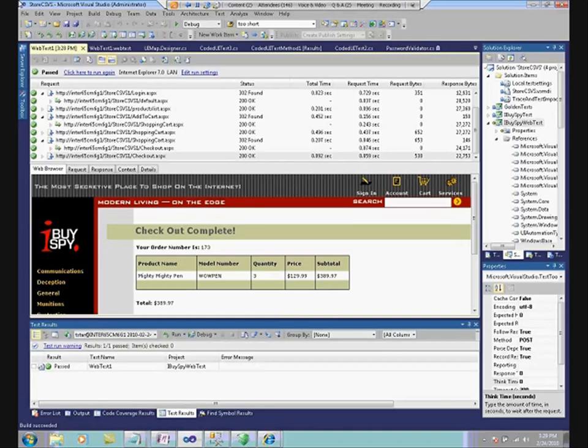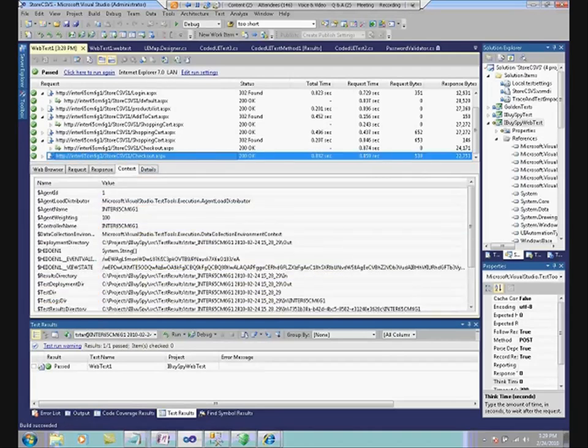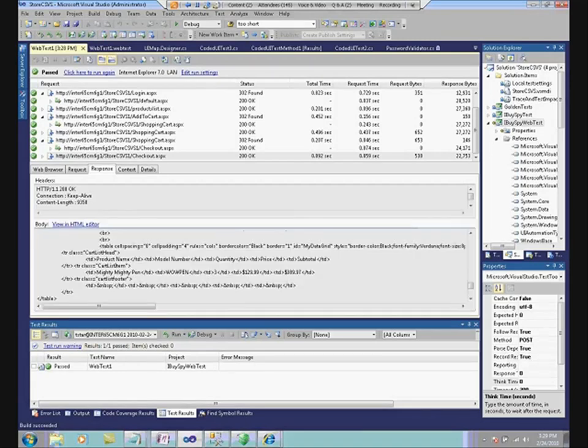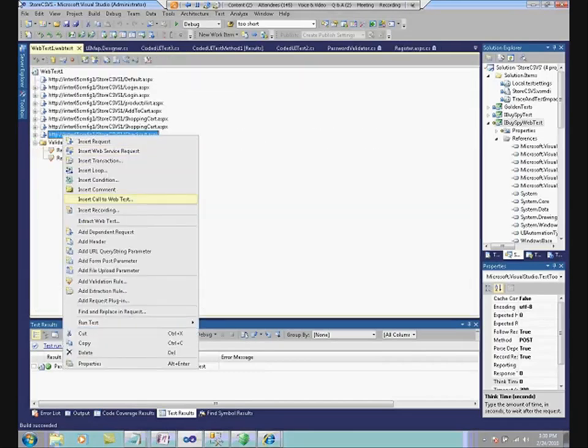Okay, so I'm going to quickly create a validation on checkout. I'm going to go look at our response here. I'm just going to find sort of a summary or something like that in here. Okay, so I've got a total of $389.97 here, right? So what I'm going to do is go back to my web test, right click, and insert a validation,